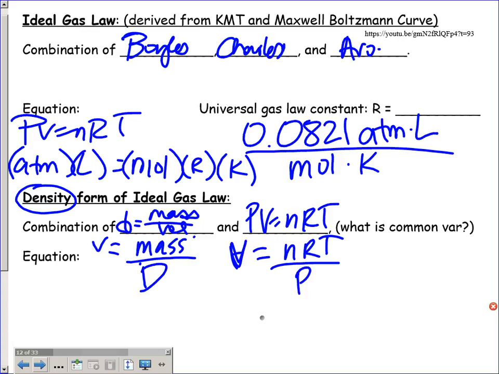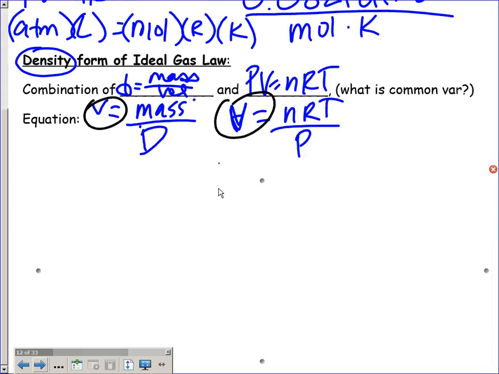Okay, since both of our V's have been solved for, what can we now do with both these equations? Yes, since the V is equal to V, we can set mass over density equal to nRT over P. I'm going to need a little bit more space for this. There we go. Okay, so if mass over density is equal to nRT over P,